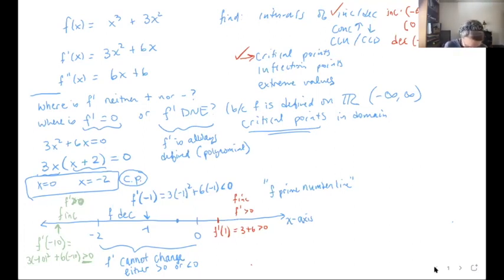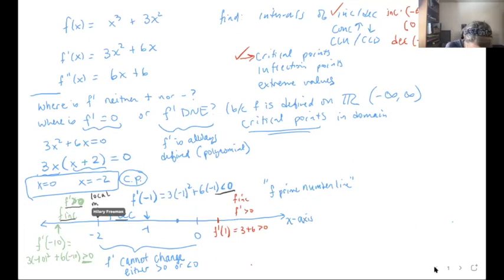Okay, so if the derivative is positive and then negative, the function's going from increase to decrease. So that tells us we have to have a local, what, max or min? When x is equal to negative 2, we have a local max or min. The function goes from increase to decrease. First derivative test says we have a local